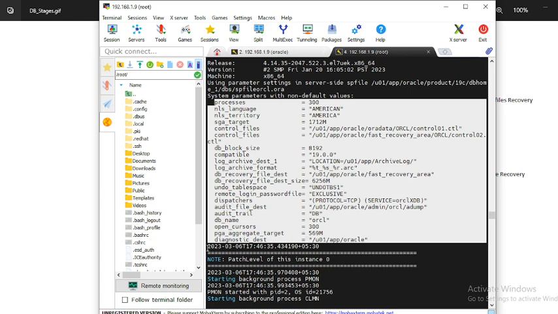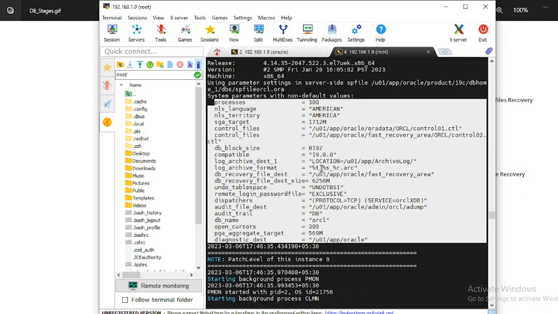After that it gives you the dates and other things. So these are the important parameters. You just need to copy those parameters, create a file and paste them in that file, using init orcl, or whatever your database name is. So an init orcl.ora file, and then create an spfile from that init orcl.ora file where we have copied all these parameters.